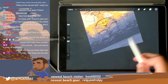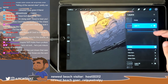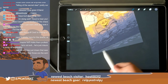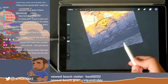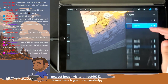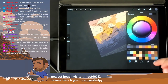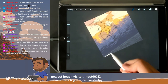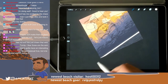Alright, so now I'm kind of doing the same thing I did with the bushes, but I like to do this for my ground textures a lot, where I'm literally just gonna be overlapping layers of various opacity to give a sort of texture to the ground, so it's not just like a flat shape. Because then when I come in and do like these kind of lines and things,